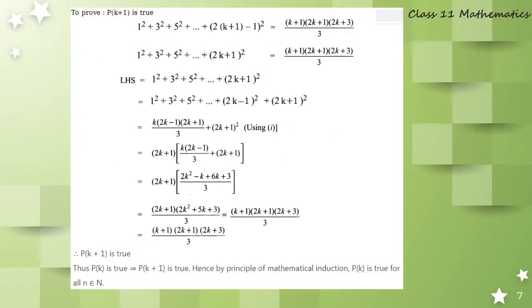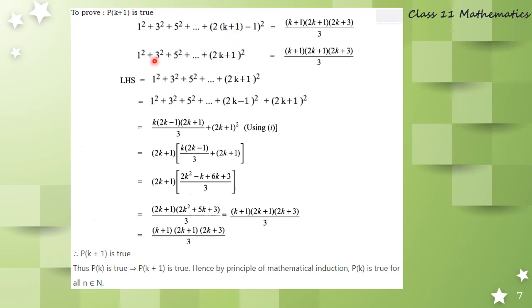So now we want to show P of k plus 1 is true. Consider the given statement. Apply n equal to k plus 1. So 1 square plus 3 square plus 5 square plus etc. plus 2 into k plus 1, then minus 1 the whole square, equal to, here also n value k plus 1. Then 2n minus 1 is 2 into k plus 1 minus 1, that is 2k plus 1. Here 2n plus 1 means 2 into k plus 1 plus 1. Therefore 2k plus 3 by 3. Then 2k plus 2 minus 1, so 2k plus 1 the whole square. This is the simplification of this. Both of them are equal.